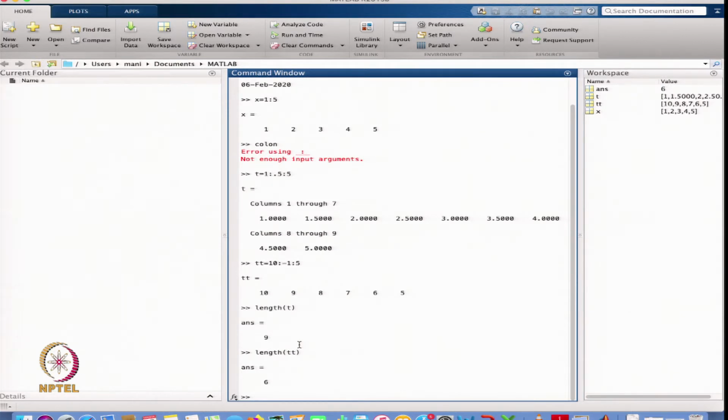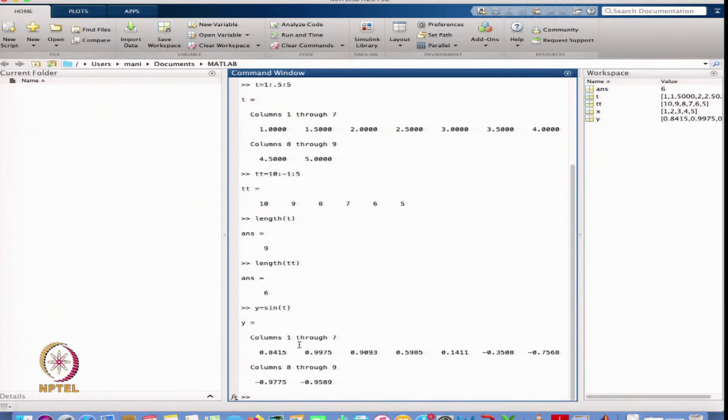Now suppose I want to define a function y is equal to sin t. I define this function on t, which is a vector.